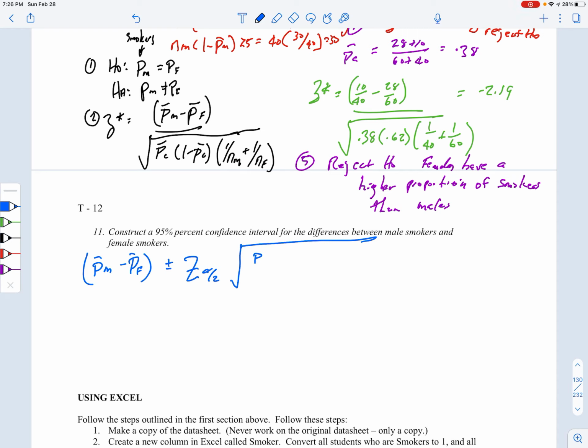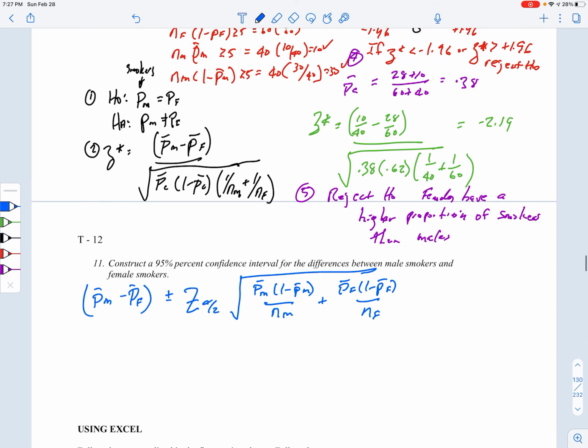And then we'll have here P bar of M times 1 minus the P bar of M over the N for M